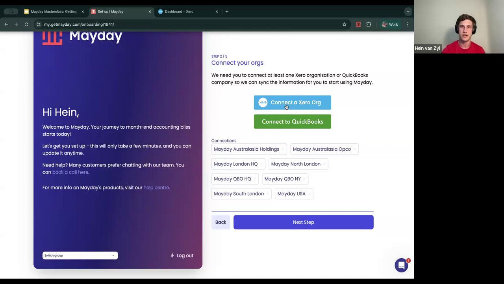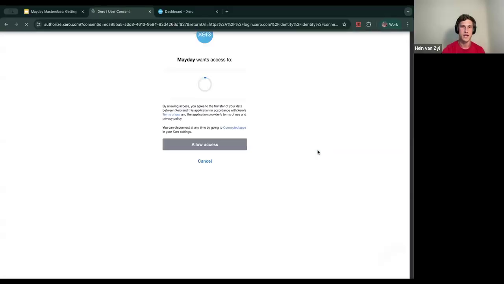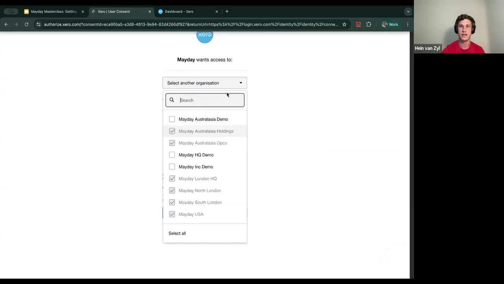All you have to do is click on the specific software. Once you've clicked on it here, you'll be provided with this view where you are then able to select the organizations that you have access to. So we've already got these organizations selected just because we've already created this group. But if there are any organizations that you want to add, you're more than welcome to just click on them. So all the relevant ones as needed, or remove them where relevant.